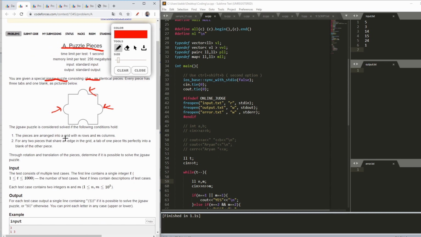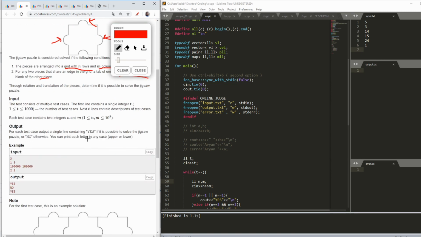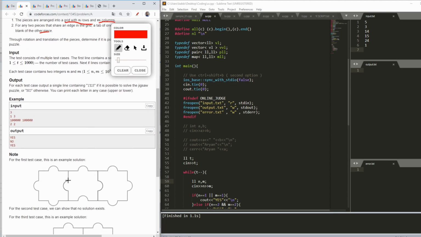The pieces are arranged into a grid with n rows and m columns, and for any two pieces which share an edge in the grid, they fit perfectly. Basically what we do in a basic puzzle, we fit pieces into one another, and we have to do the same.